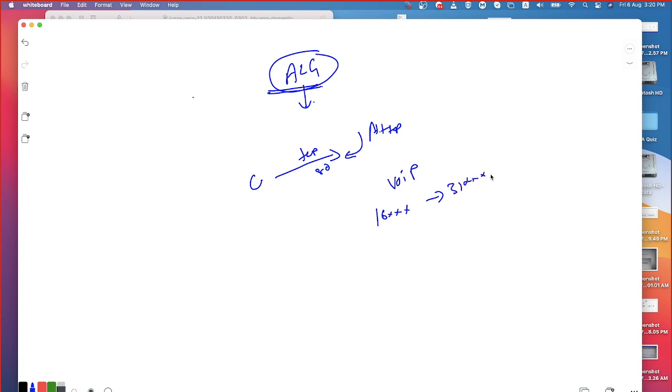I think 16384 to something 31 and odd will come into picture, whatever it might be. That means this is the range of port numbers that will be used by the IP phones while a call is made from a phone. Assume that phone 1111 is calling 2222. When the call is being initialized, the data channel is going to be opened up and they will pick up a port number from this range.